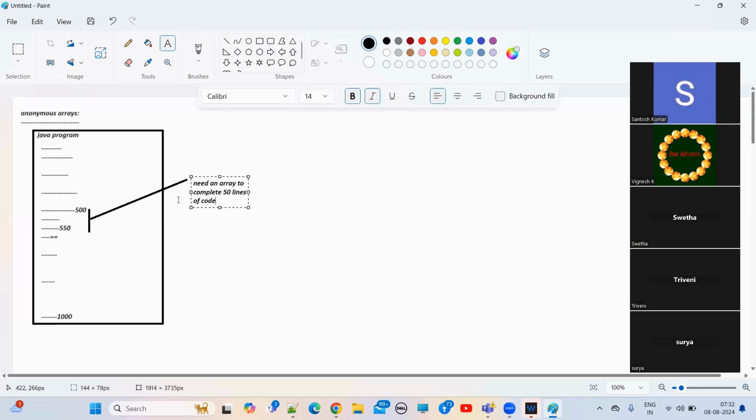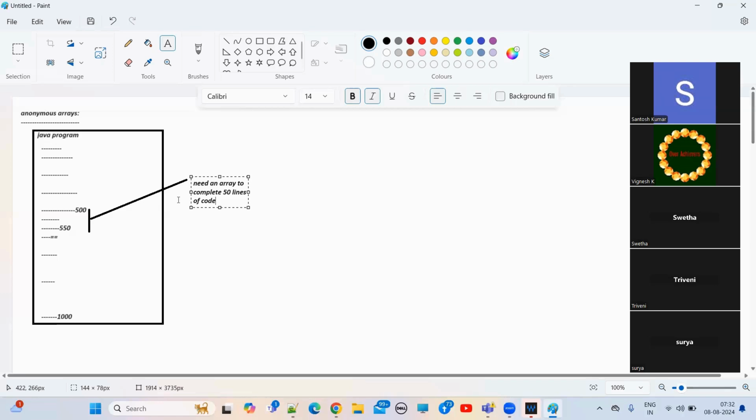Without having a name, how can you refer? You cannot refer. Now here, let's suppose from line 500 to 550, for the execution of that particular piece of code, I need no array name. Just an anonymous array is enough. I will create one anonymous array and give it at line 500: hey boss, you need an array, right? I'm creating this array, take this array. Now for 500 to 550,